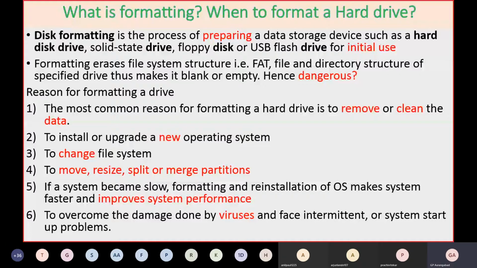You are removing all these FAT structures, file and directory structures, which we are going to see. What exactly is this FAT or directory structure? It is very similar to an index or table of contents. Whenever you see the index of a book, from that index you come to know what is inside and where it is. Similar information the computer retrieves from this portion, called the FAT file and directory structure, which is actually created on your hard disk.